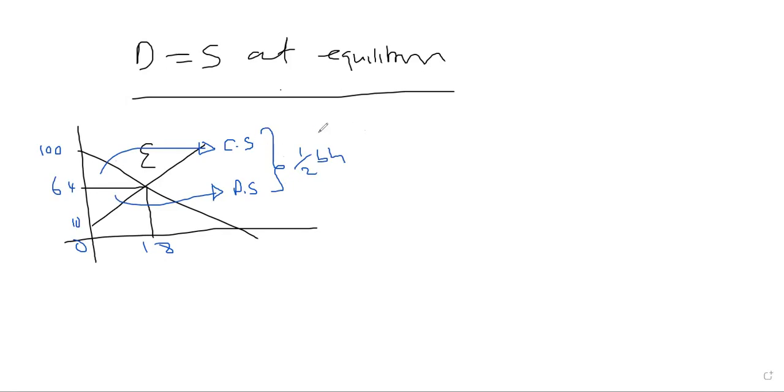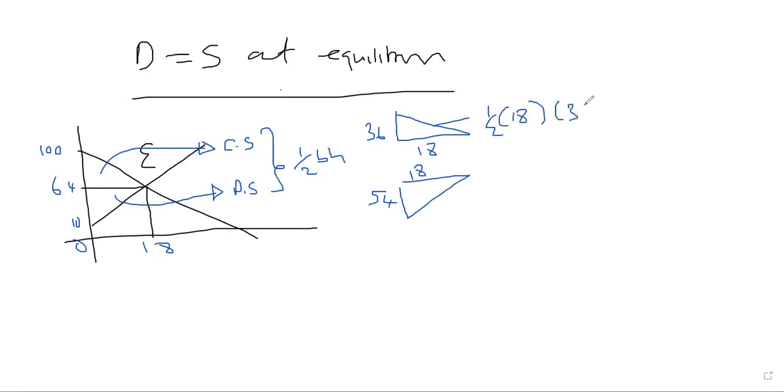So if we're given this scenario, you can calculate the two areas. So here the distance from here to here is 18. The distance from here to here is 36. The distance from here to here is 54. And the distance from here to here is still 18. So half the base is 18 and the height is 36. So when you calculate half the base is 18, the height is what? 54. So this will give us the two areas,